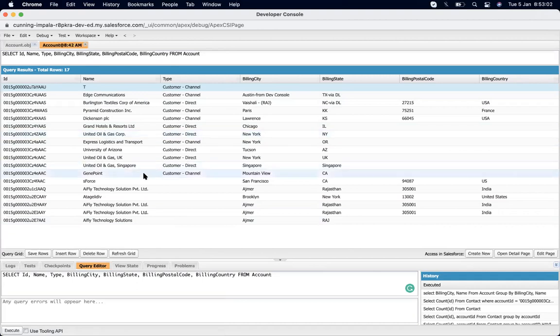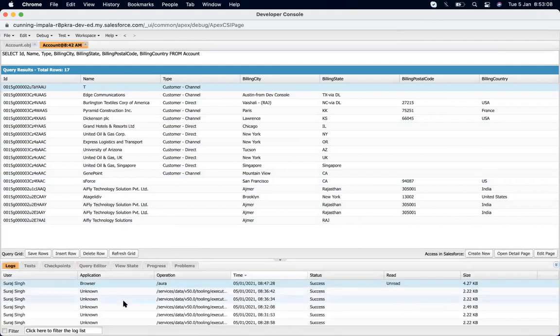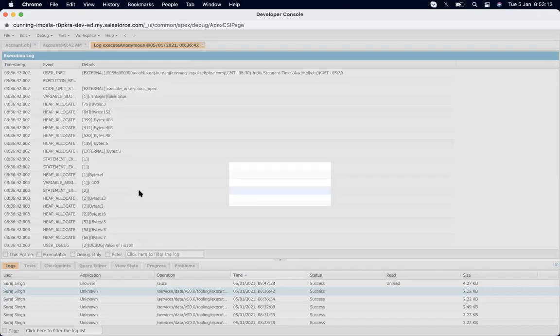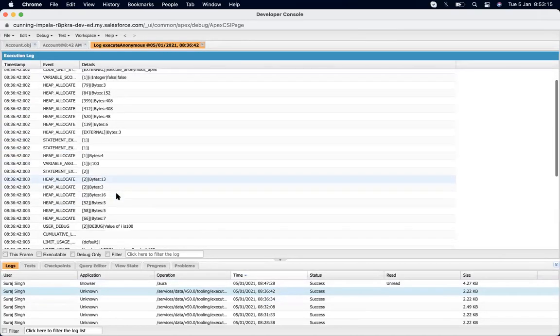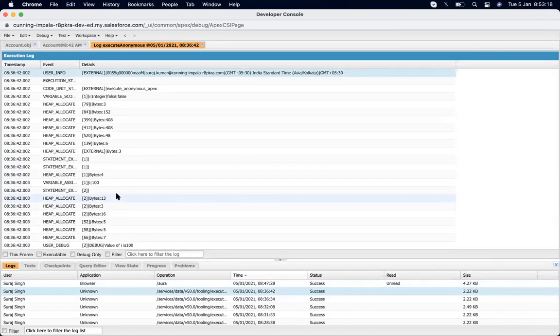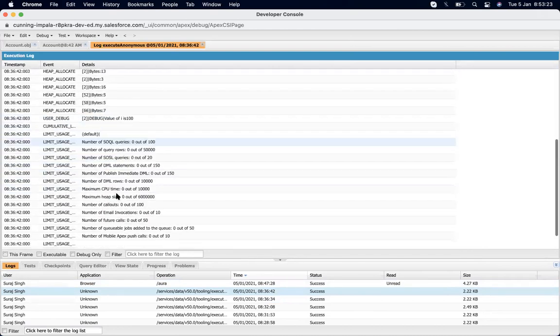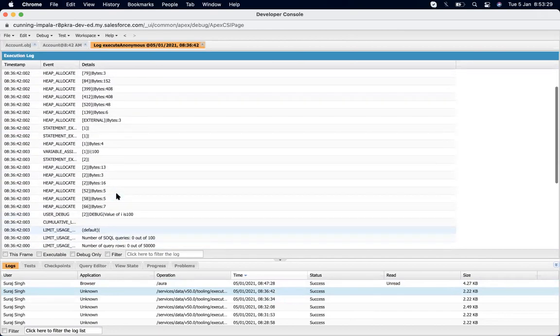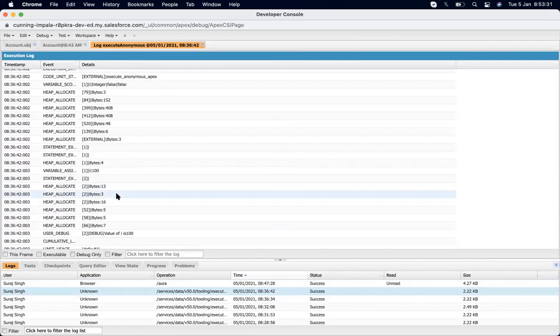Suraj, going back to the logs, there are several lines to read through for the event, as far as I know. It could go to hundreds of lines. Do you have to sort out and review all those things to find the problem as far as debugging is concerned? How do we read these, or is there some kind of highlight if there's a problem? How do we work this out when we read the logs?